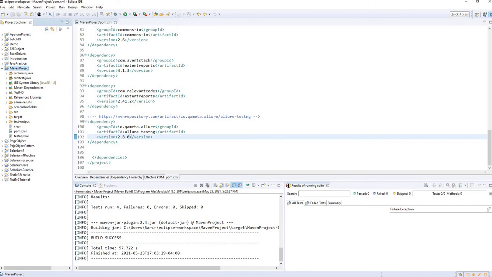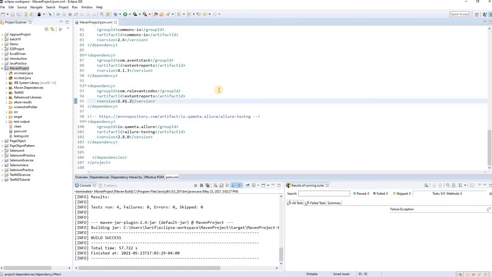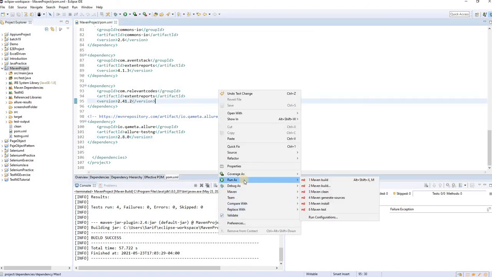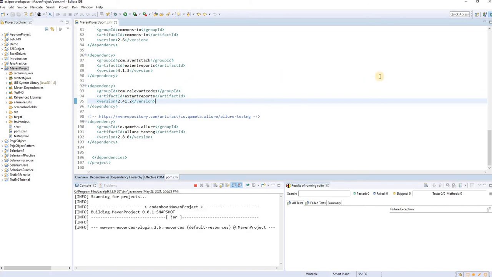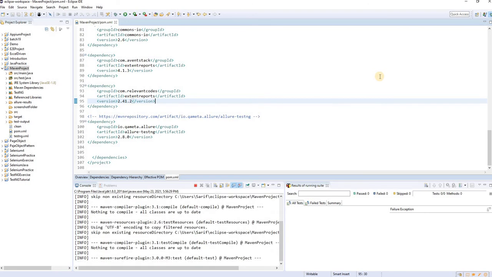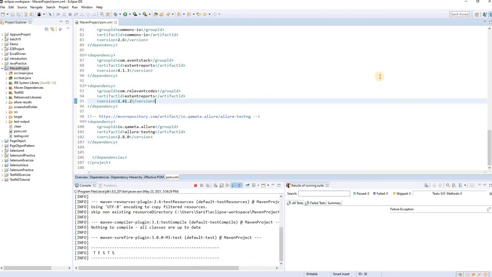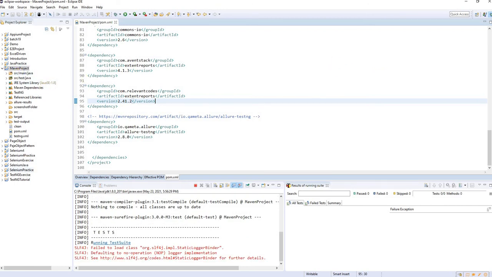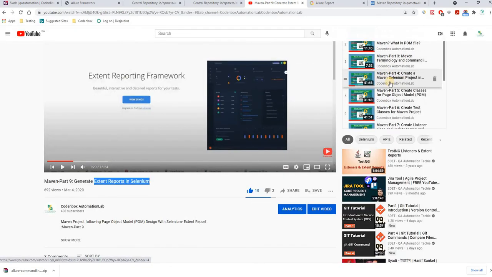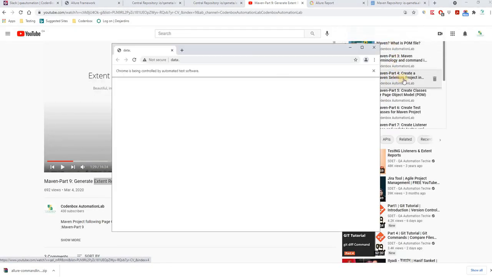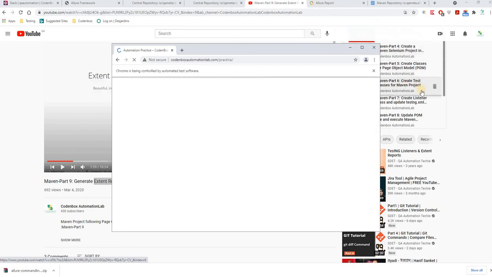After that, let's run our project first, and then we'll pull the report. With Maven, you can run Maven test directly, it's fine. So I'm running the project. I believe that if you follow our project from the very beginning, like in our YouTube, all the projects, what is Maven, how to create Maven, all those things,